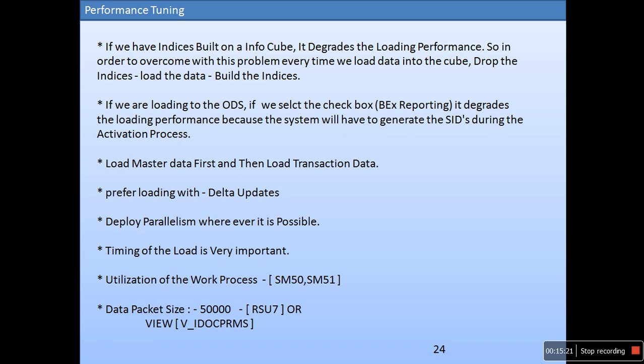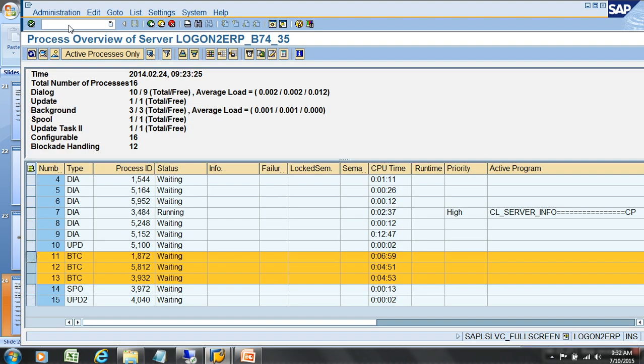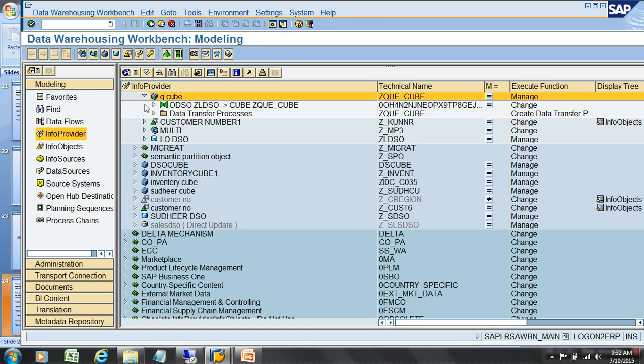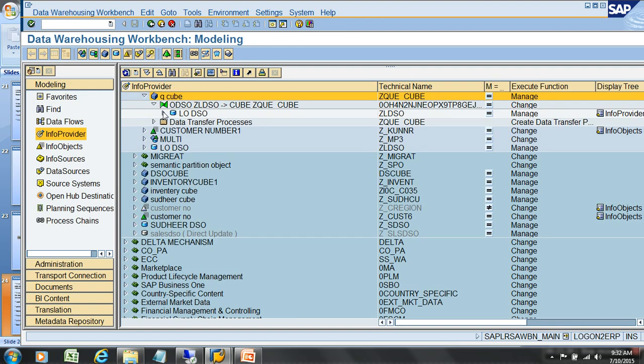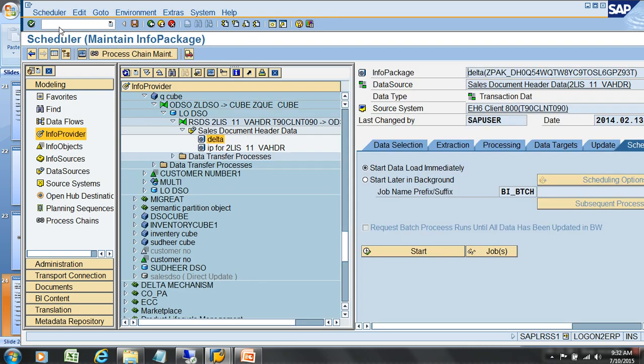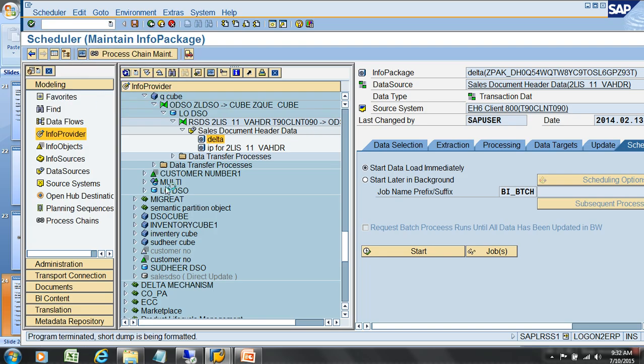There are projects where there are 1 lakh records per packet also. And how do you control the packet size? Settings. If you go to any info package, scheduler menu, data source default data transfer, here you can